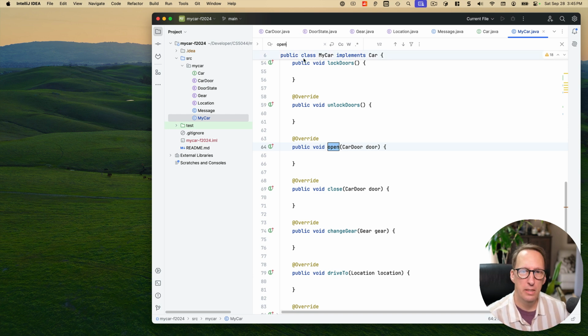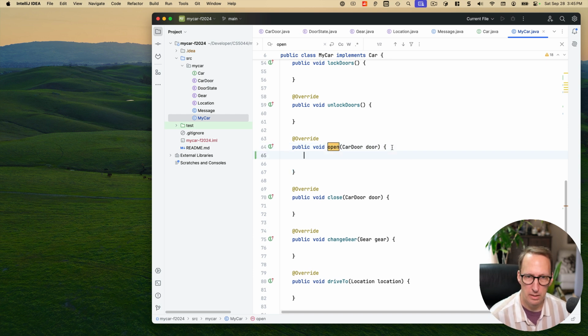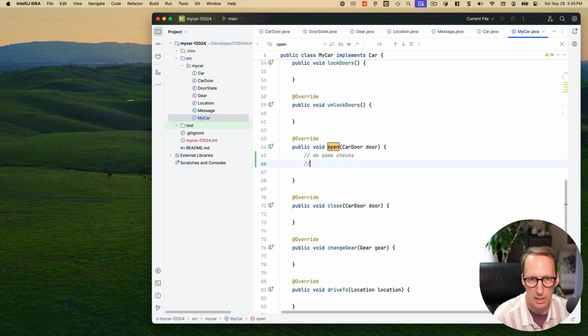Okay, so this is telling me to open the car door. The initial part of this is going to be do some checks. This is how these mutators are implemented in general. Do some checks and